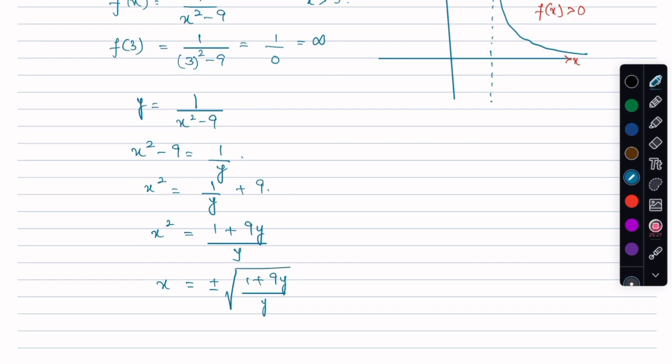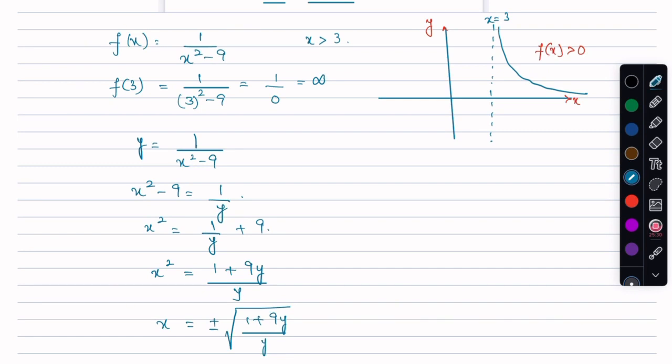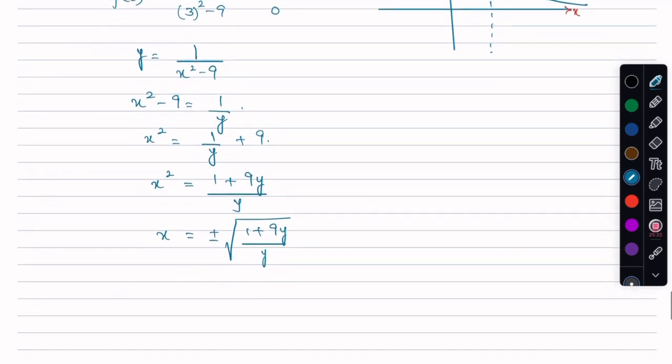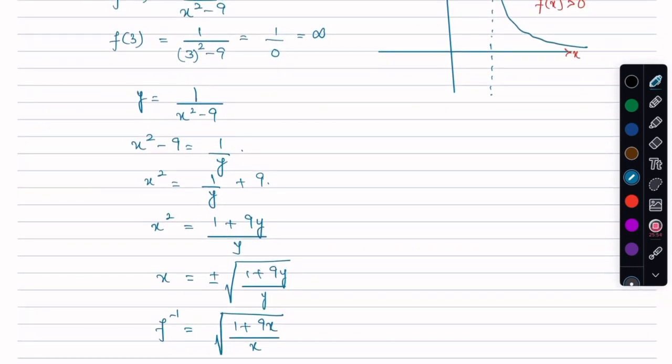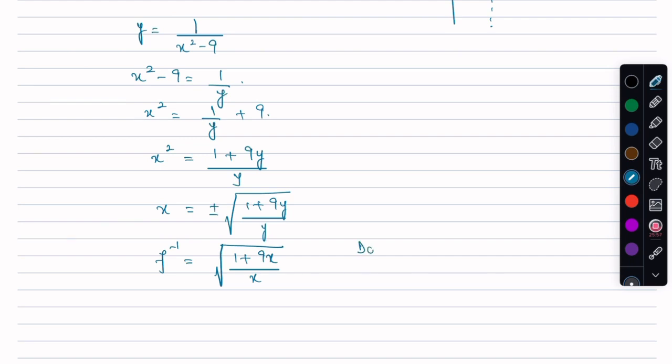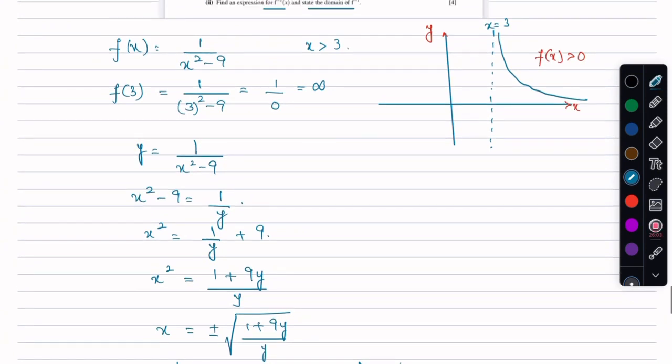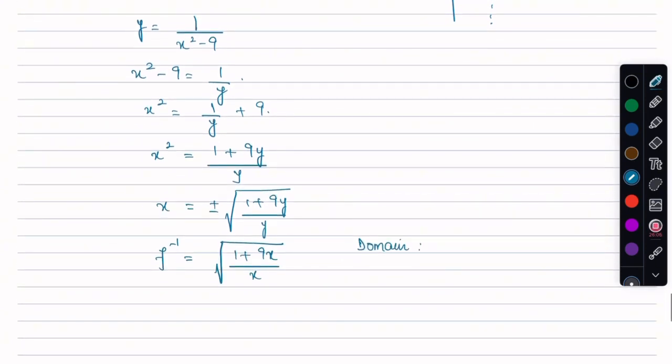So what I can see here is that for x to be greater than 0, if I go for the reflection, then my f inverse is just going to be the square root for all the positive values of x. So f inverse of x is the square root of (1 plus 9x) divided by x, and the domain and the range need to get flipped. Therefore, the domain becomes, I can see that for the sketch that we have made, the range was f of x greater than 0. Therefore, the domain becomes x greater than 0, and the range of the function